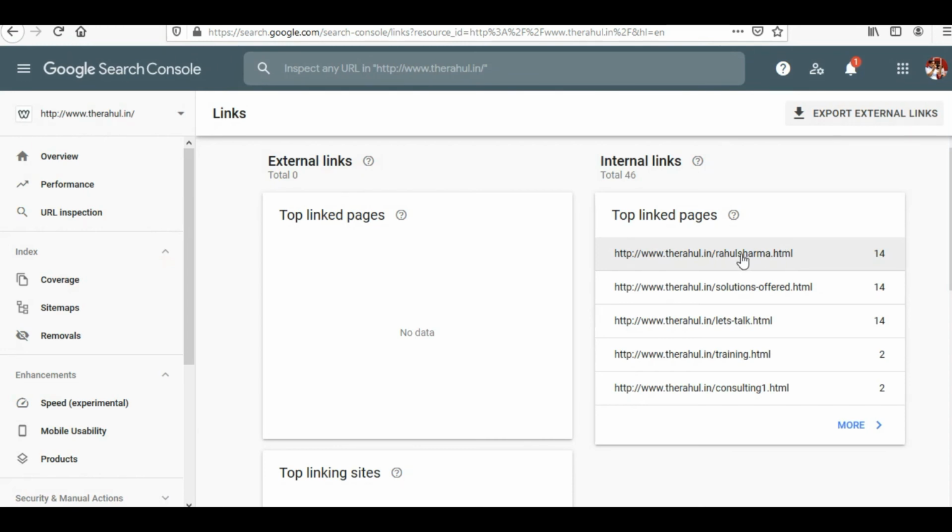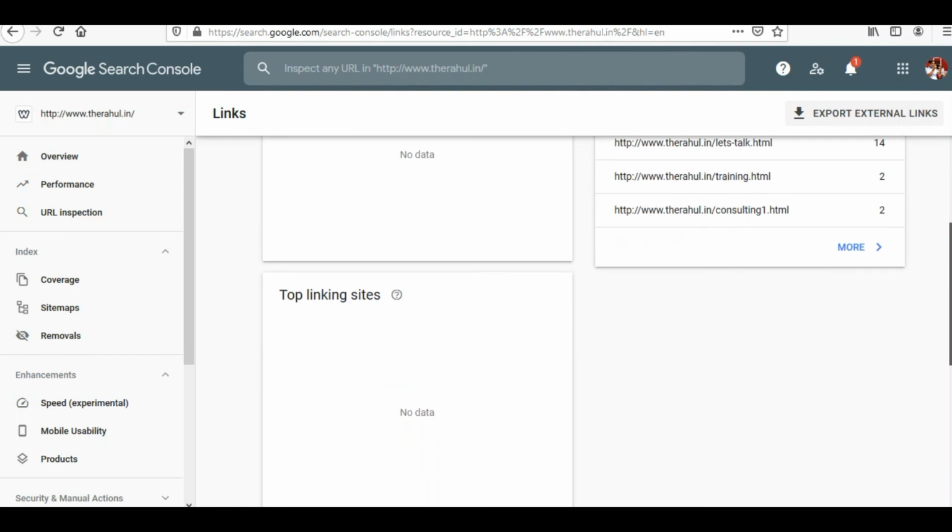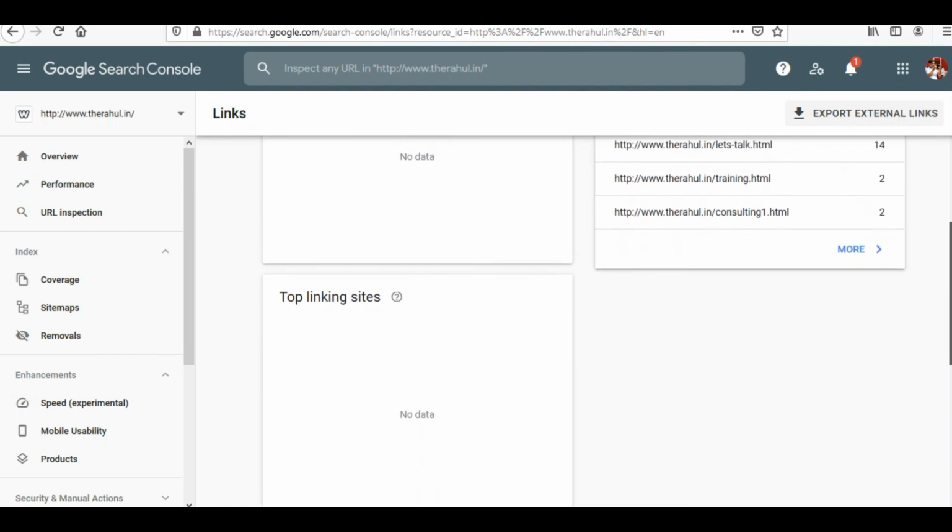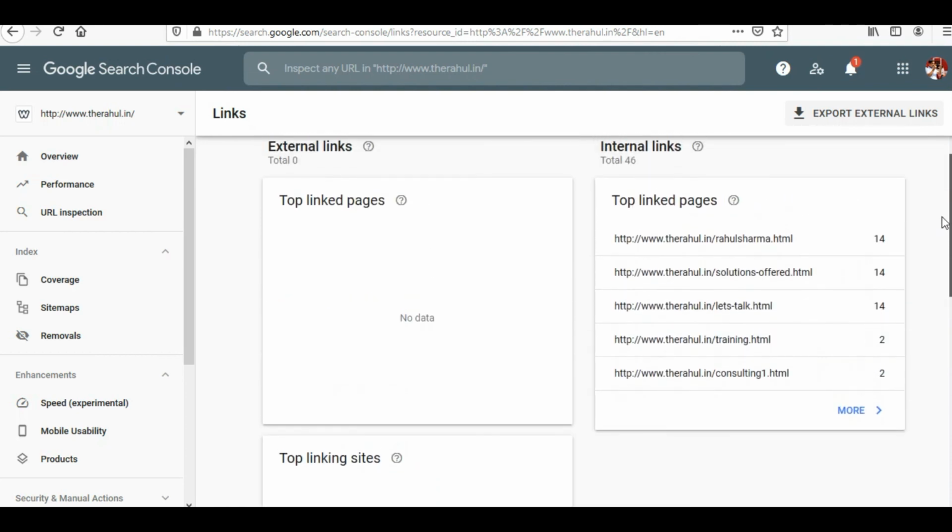So these are the internal links of my website, and as per these results, I'm able to see these are the links which are clicked the most. Then top linking sites are also showcased. Right now I don't have any external backlinks, that is why the data is blank.